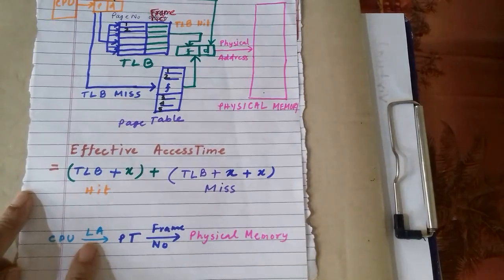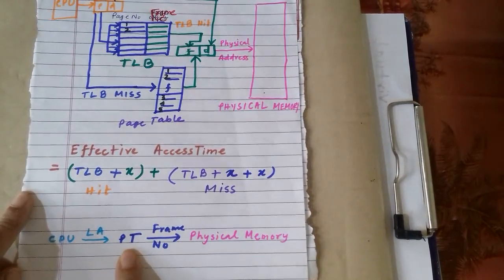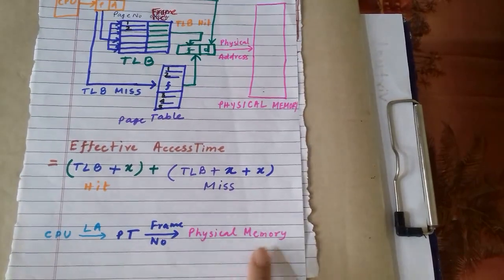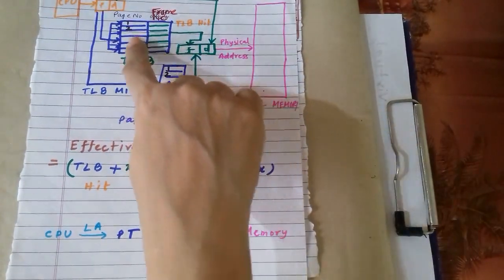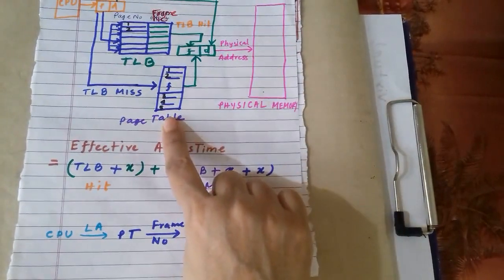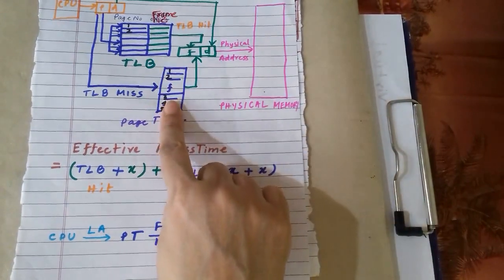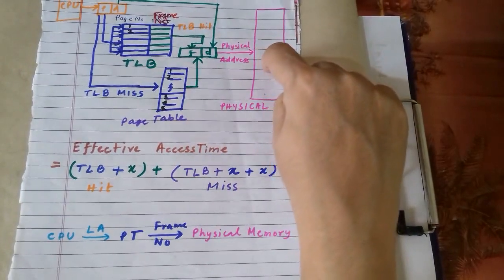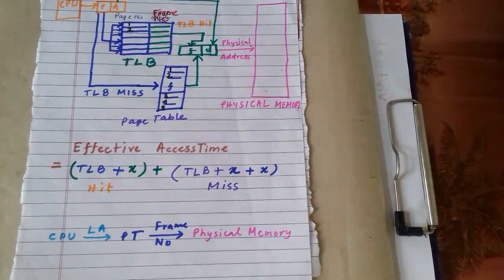So what we did: the CPU has given a logical address that should be checked in the page table, then the frame number should be generated, then physical memory should be checked. That is the normal case. With a TLB, the TLB should be checked first. If it is not present, the page table should be checked. If it is present in the page table, the access time is X. Then the frame also should be present in main memory, so the frame access time is also X, because the frame is nothing but searching for